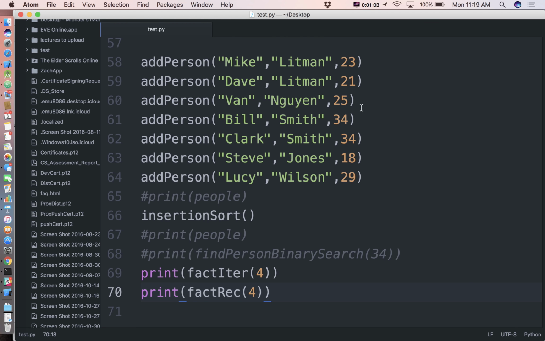Now, so we wrote an iterative version of factorial. So 5 factorial would be 5 times 4 times 3 times 2 times 1, just looping through, counting down. And then we wrote a recursive version of factorial, where 5 factorial is 5 times 4 factorial. 4 factorial is 4 times 3 factorial, so on and so forth. Okay? Now, is